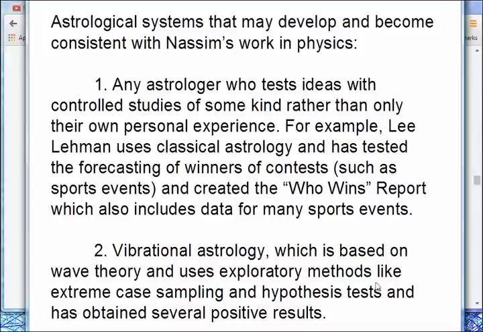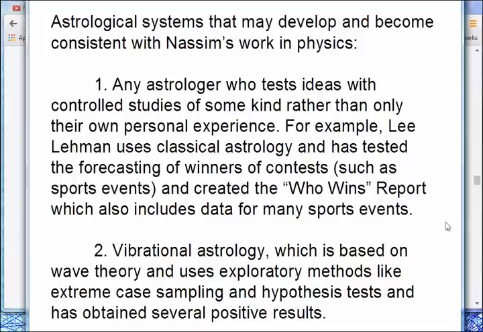They don't have to integrate. You can make a discovery in astrology, something that's replicable, an observation that doesn't fit within the model. That's also scientific. But if it happens to fit within the theory, it makes it easier to understand why it would be working. So I work in an area that I call vibrational astrology, which is based on wave theory